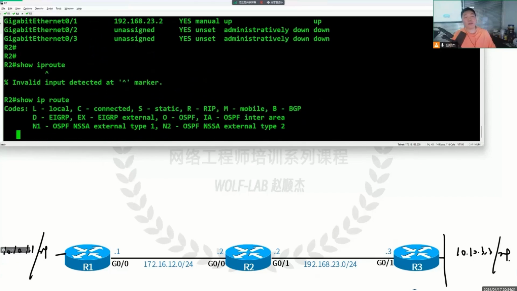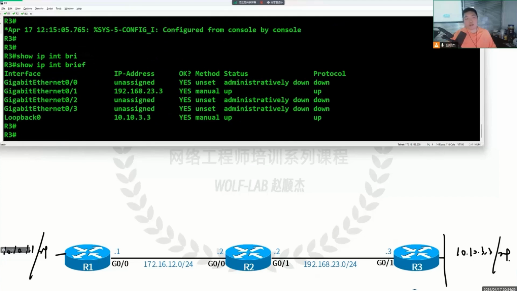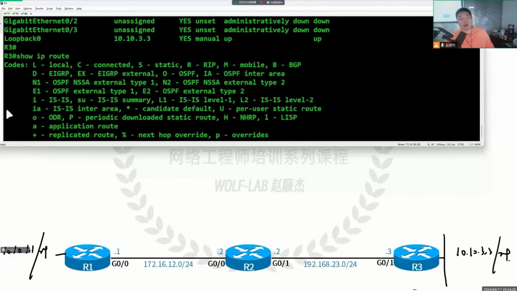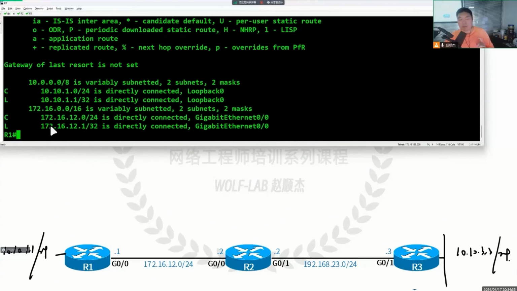No problem. R3, let's test it, ping 192.168.2.3.2. See if there are any problems. This approach can avoid the difficulty of troubleshooting in the future. You test it in advance. If you accidentally configure it wrong in the future and there is a problem, you can rule out the problem of this direct link,